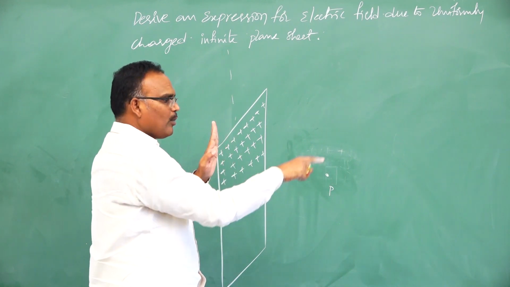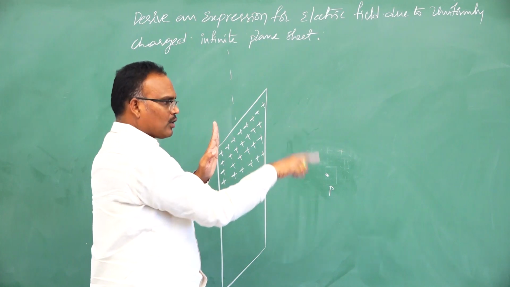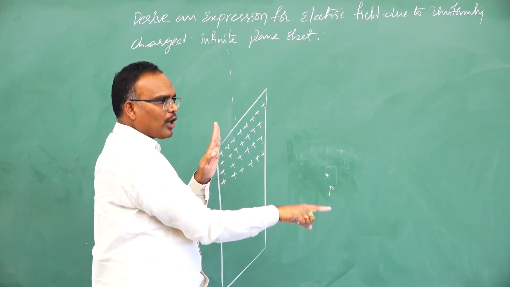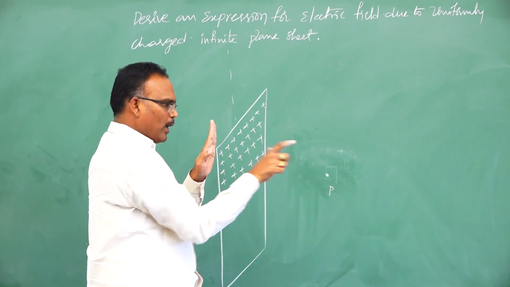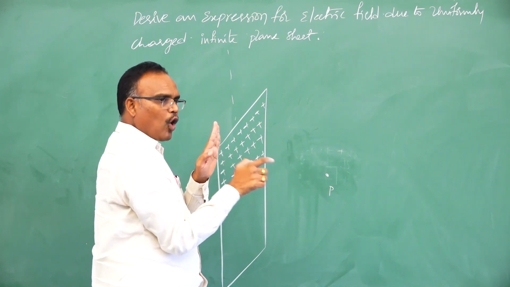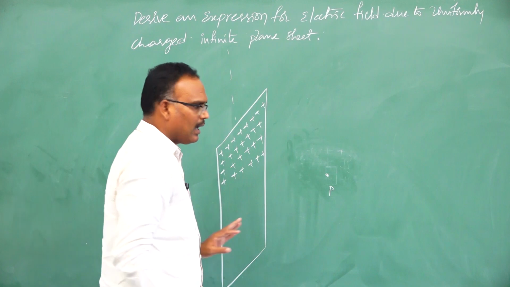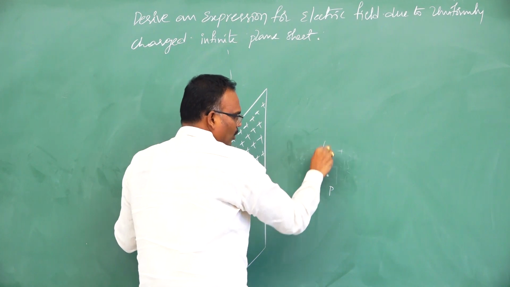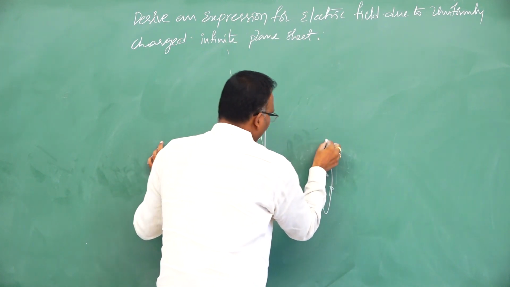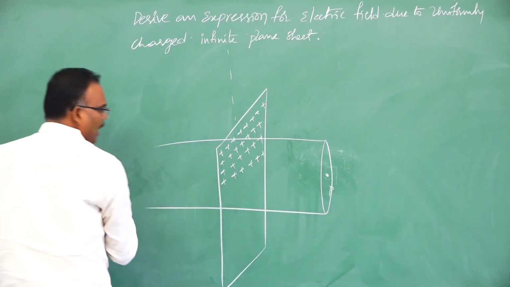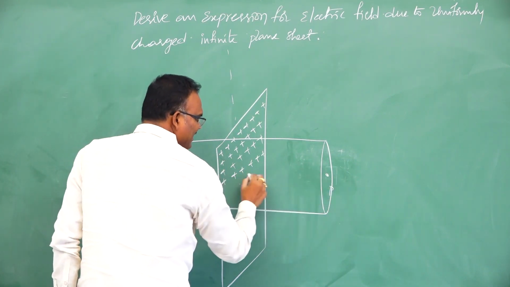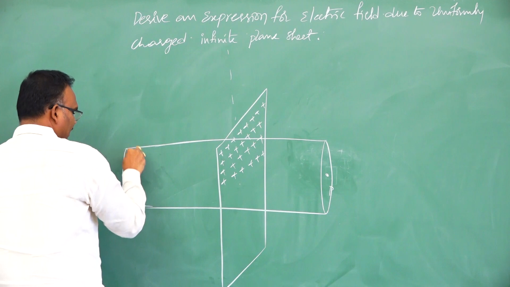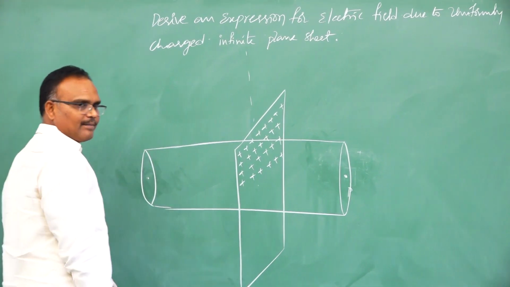Or else you may take all points in a triangle. You take all points in a square, you take all points in a rectangle. Any two-dimensional shape you draw here, all the points will be equidistant from this. That means drawing a Gaussian surface for a sheet is so simple. I'll take all the points which are located in a circular path. So this is one. And see, from this sheet it is at a distance r. We have to select one more point which is at the same distance from this side. These two points I have taken.